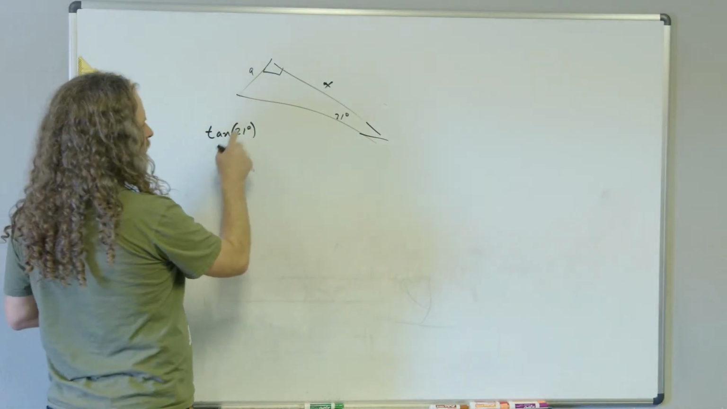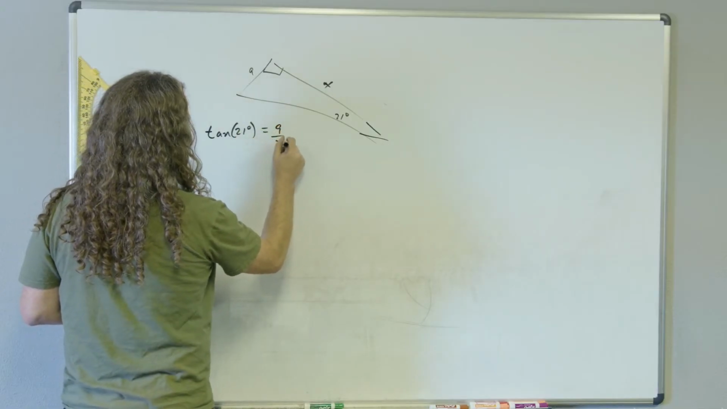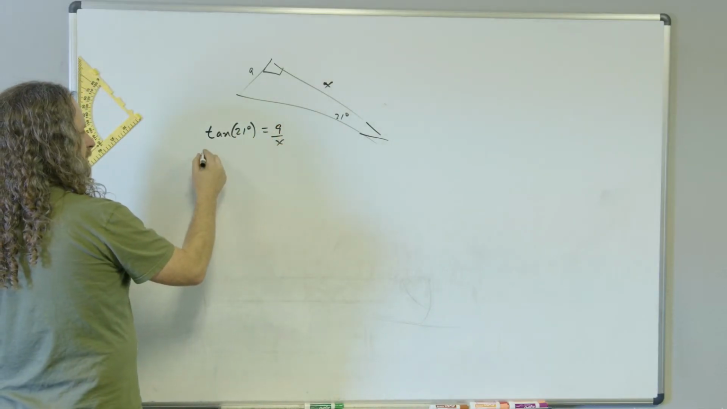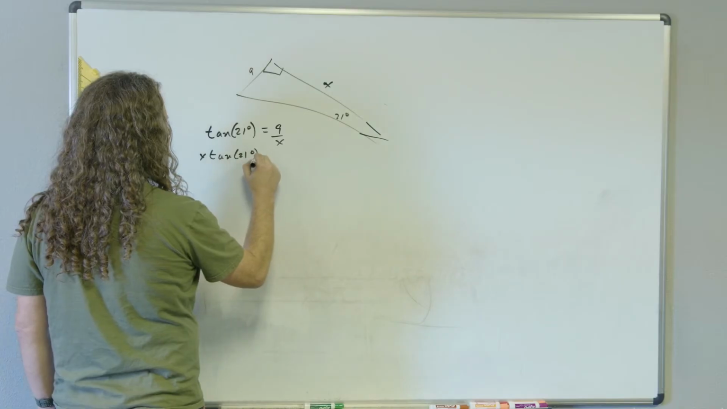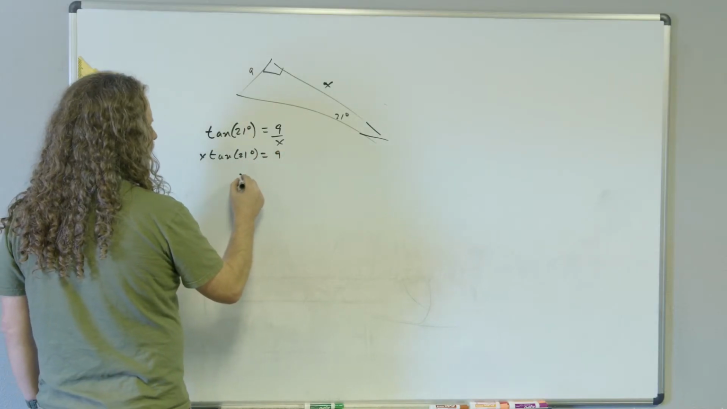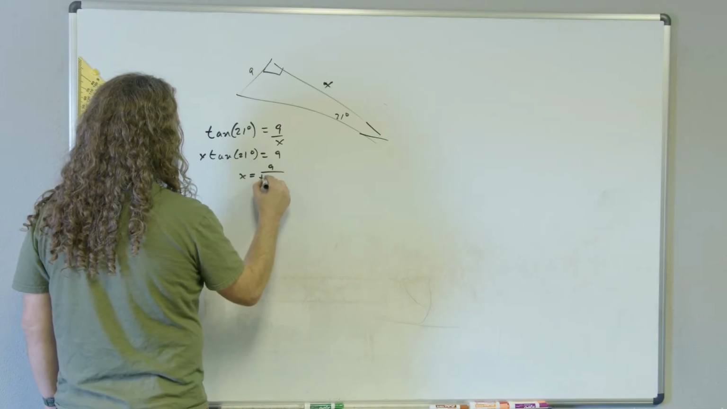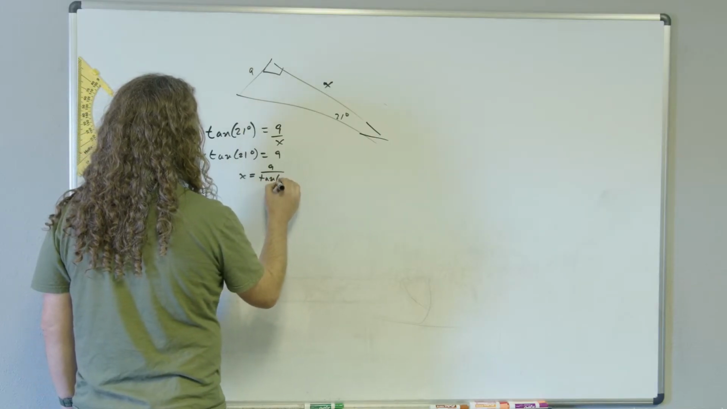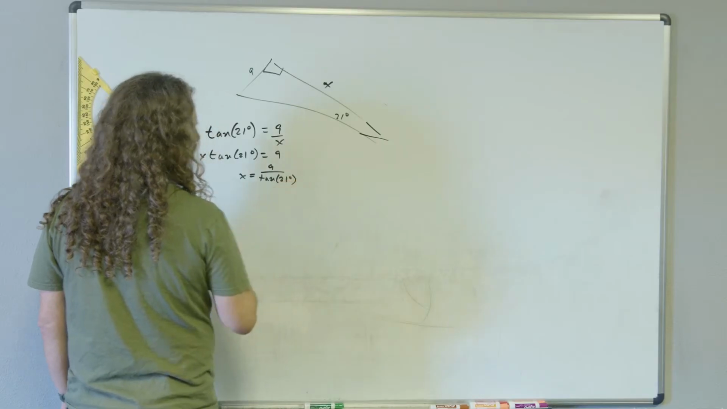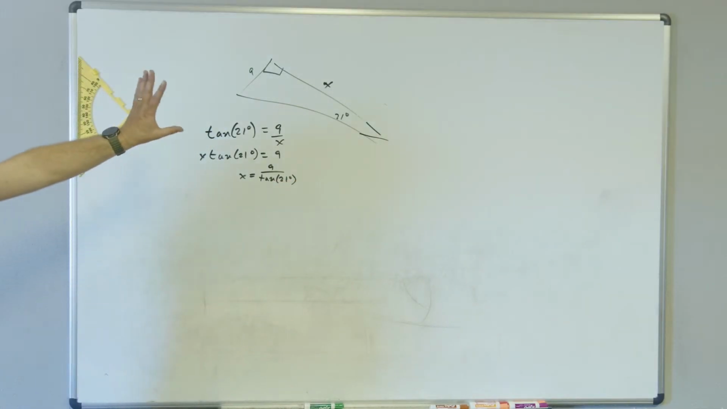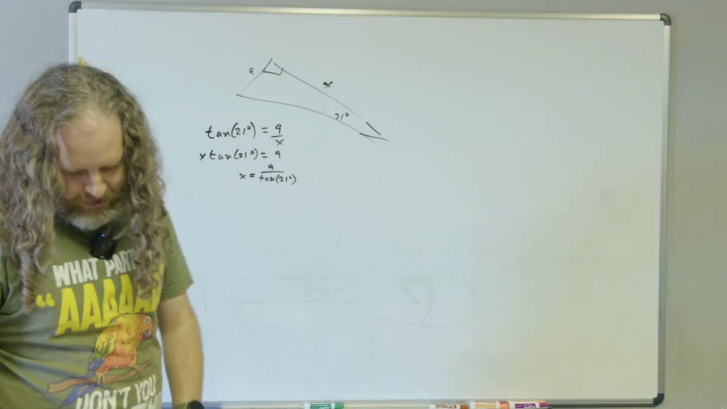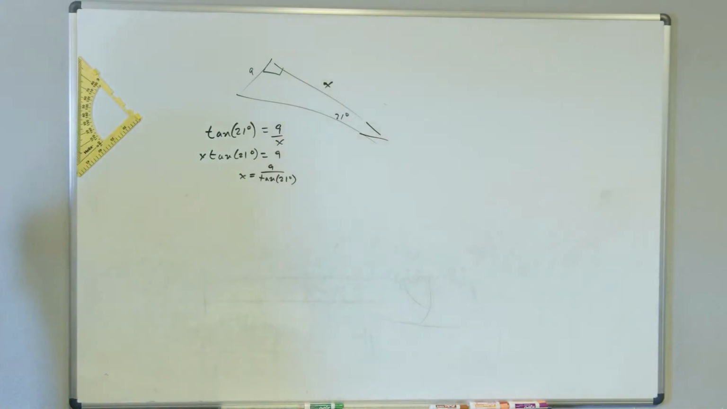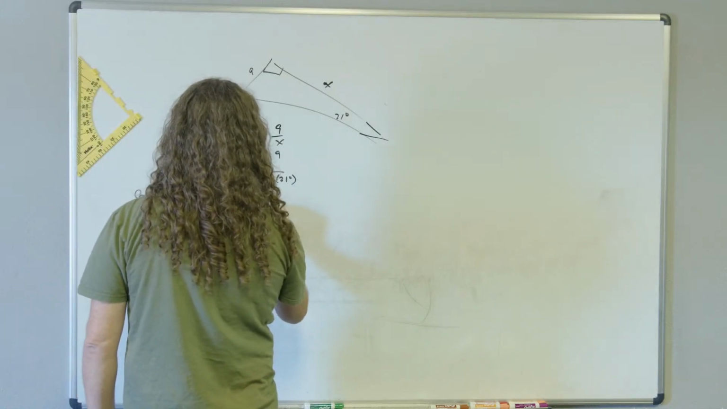Okay, so the tangent of 21 degrees equals 9 over x. Multiply x on both sides, and we end up with x times the tangent of 21 degrees equals 9. Then divide: x equals 9 over the tangent of 21 degrees. If the instructions said leave your number in exact terms, we would circle that and move on with our life. But what the instructions do say is round to the nearest degree if necessary. So we're going to make sure we're in degree mode and put that in our calculator. We're going to get x is approximately equal to